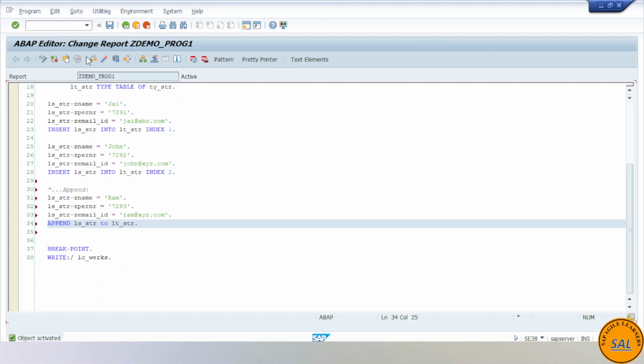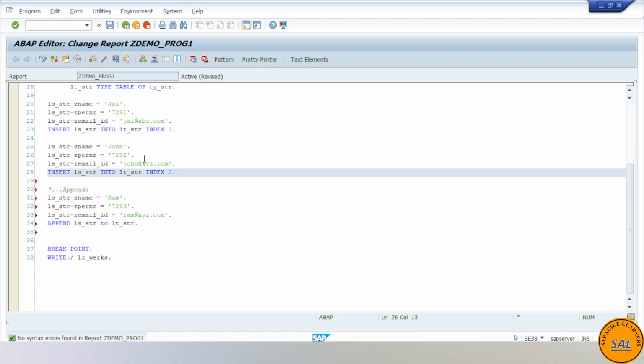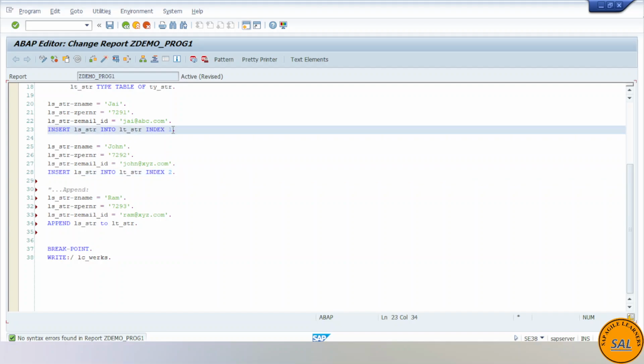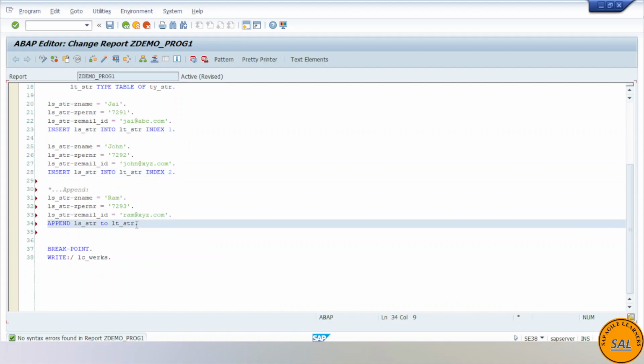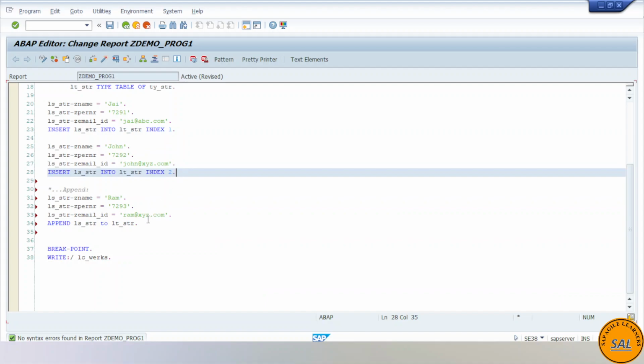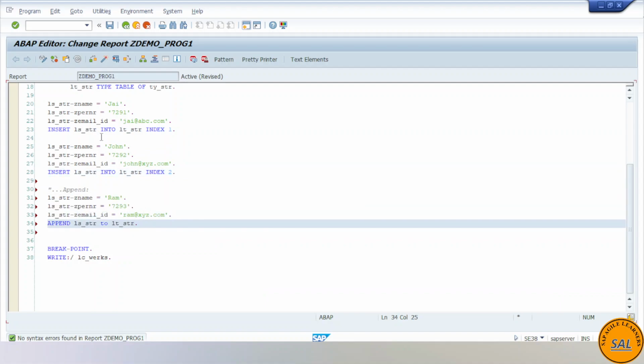So here you will see you are not passing any index value like we are passing here. So this is the main difference: insert adds the data at the index level, row wise, whether you want to insert data at index 1, index 2, and append is used when you want to insert data at the last row. For example, 2 rows are already there, now this will be appended at your index level 3 automatically at the end of your internal table. So if you do syntax check, no error, perfect, then you can put activate here,